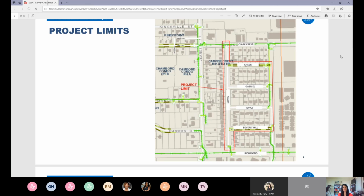Where's the engineer that designed it? Well, I do know. We just want to clarify the purpose of this meeting is